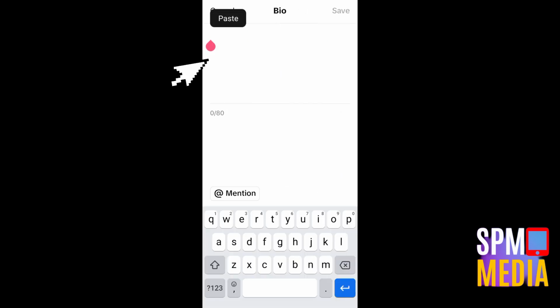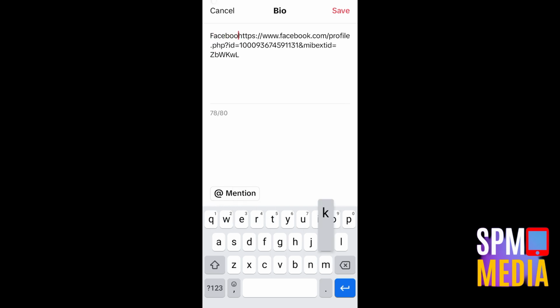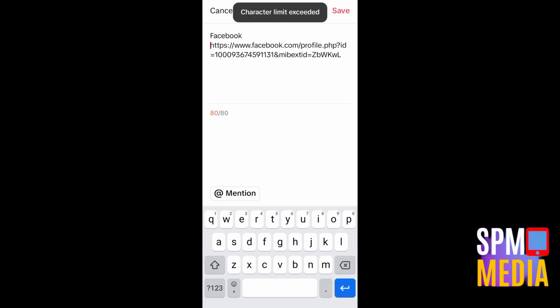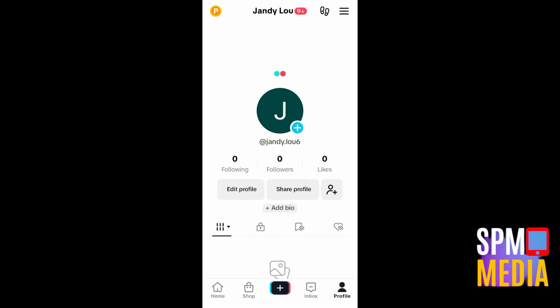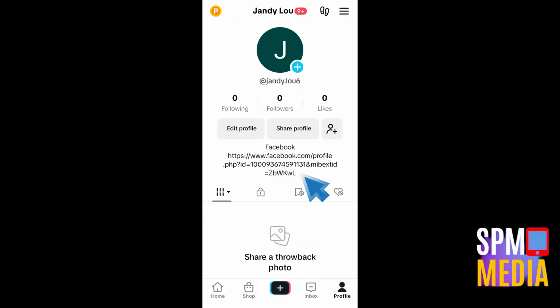Tap this and you can paste the link from your Facebook or your Facebook profile link. Or you can also add other links here like your Instagram, your Twitter, or other social media platform or your other website if you want. Once done, you can go back to your profile and here you have added a clickable link to your TikTok